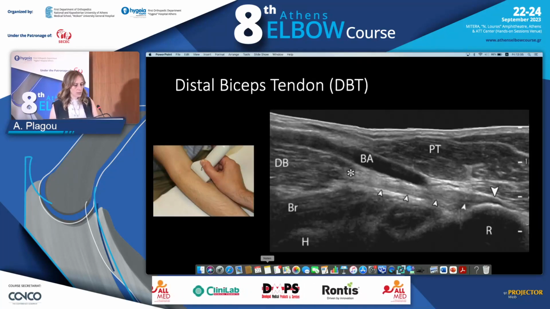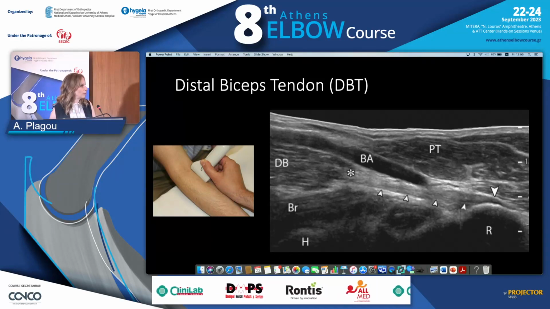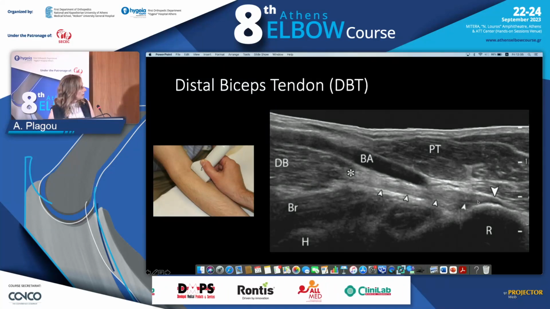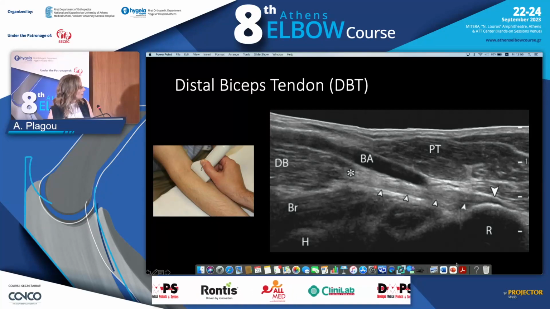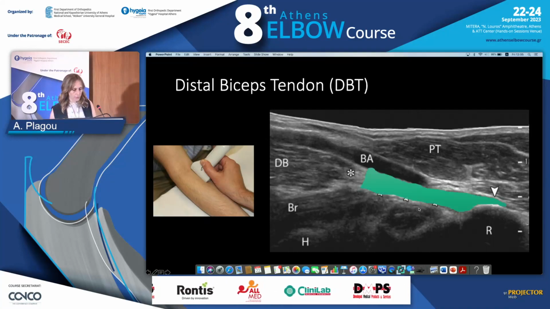Now this is how we see the appearance on ultrasound. I hope you're interested in that and want to get a little bit more familiar with ultrasound images. This is why I'm explaining in more detail. So here we see the muscle, and here we have the tendon inserting on the radial tuberosity. We have the brachialis muscle, deep to that the pronator teres, and the brachial artery on top. So this is the image we should get when we scan for the biceps tendon, and this is the part